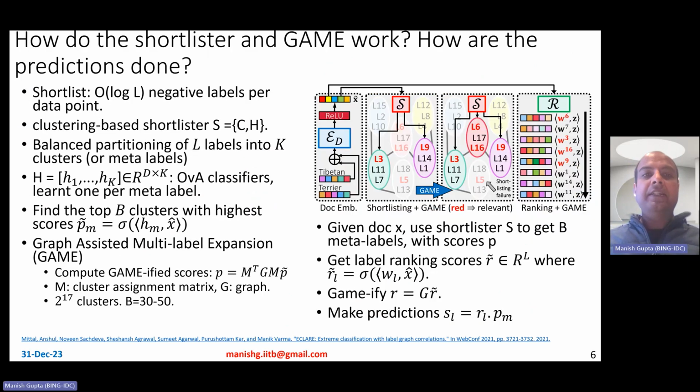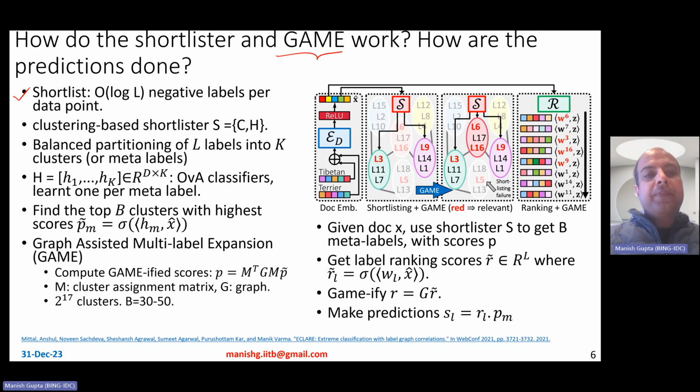Okay, now shortlister. How does shortlister work in ECLARE? Shortlister works more or less the same as in DCAF, except for something called gamification, and we'll talk about that. So what is shortlister meant for? If you didn't have shortlister, then at train time you have to backpropagate through all the labels, and at inference time you have to compute the similarity between the embedding for this data point and all possible label classifiers. That's too much work and compute intensive. Therefore, you use shortlists, which bring down the overall computation time from O of L to O of log L, other factors remaining the same.